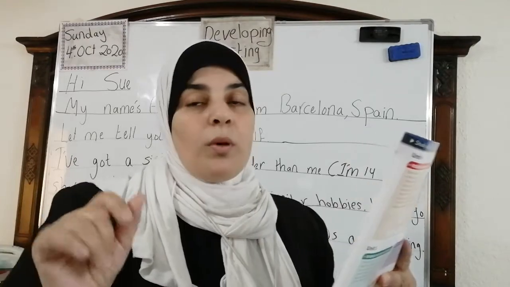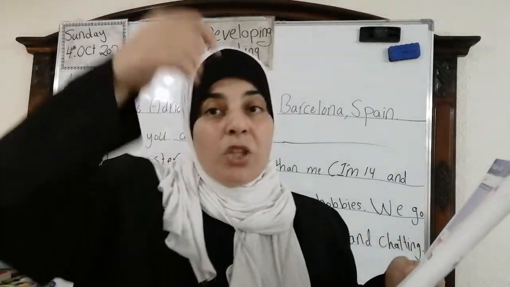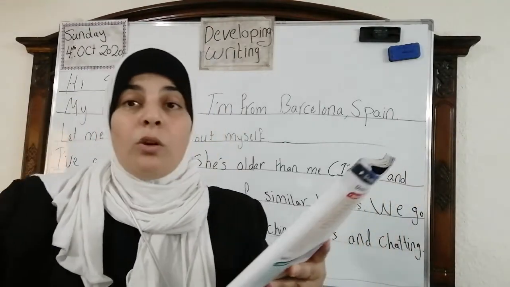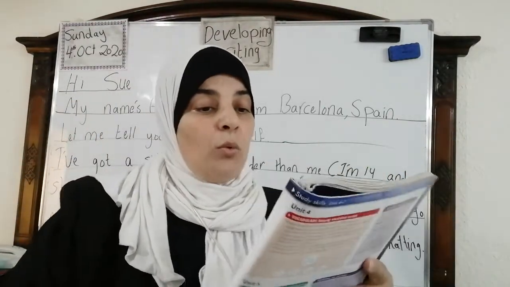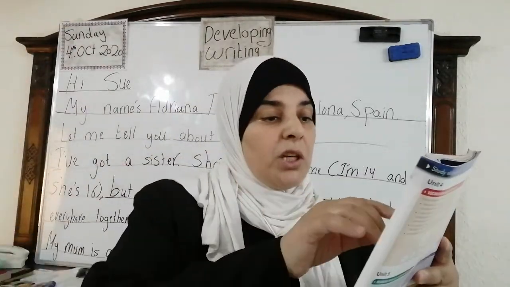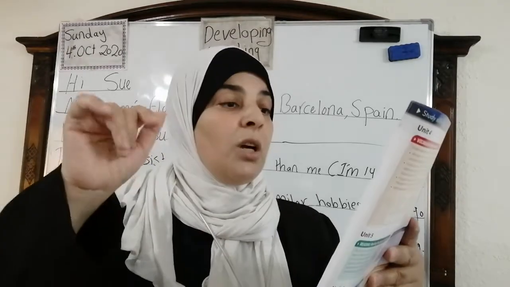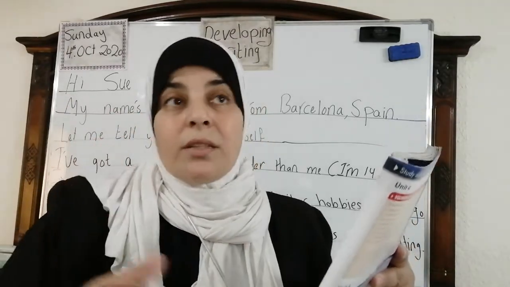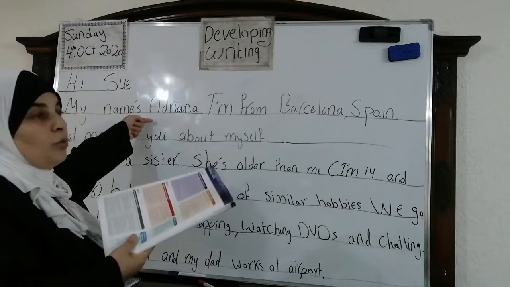Check for the mistakes. It's very important when you write something, you have to check it. Okay, you have to check to know if you have mistakes, if you forget a word or something. One of these important mistakes you're going to check is the punctuation. You know, the comma, the full stop. You're going to check the capital letters. If you want to start a word, for example, it's a name or something, you have to write it with a capital letter.